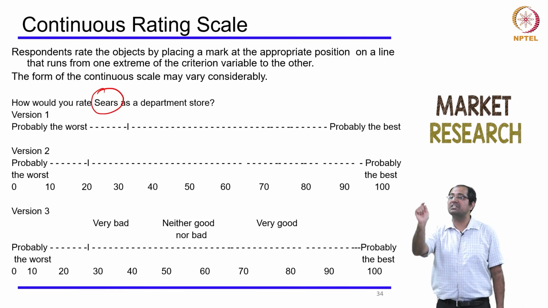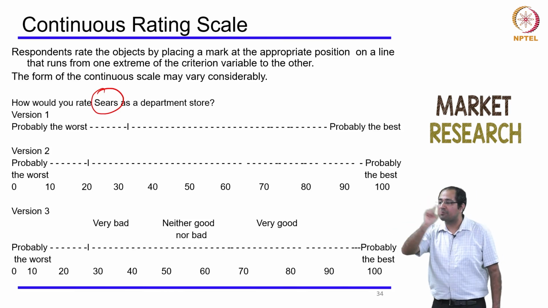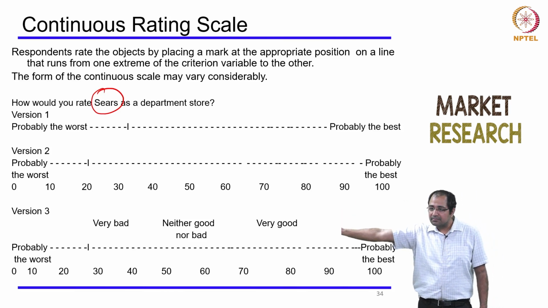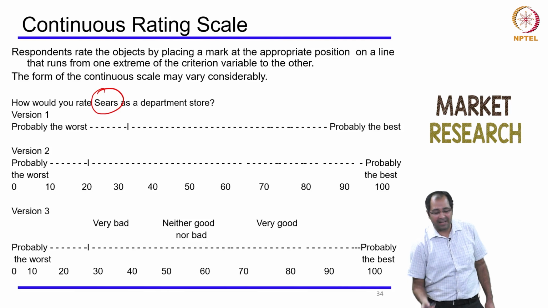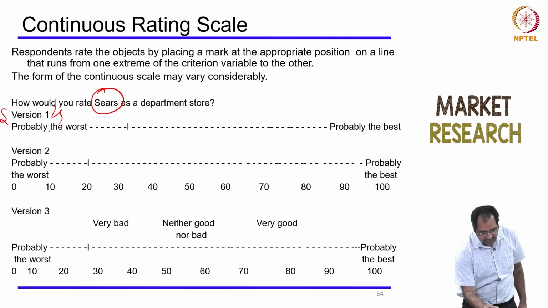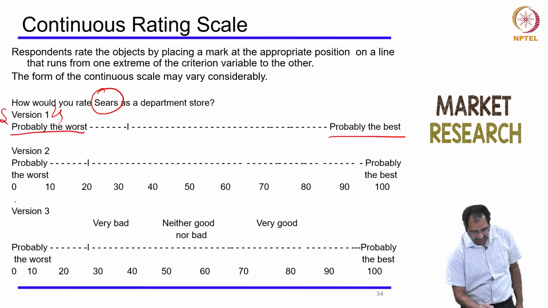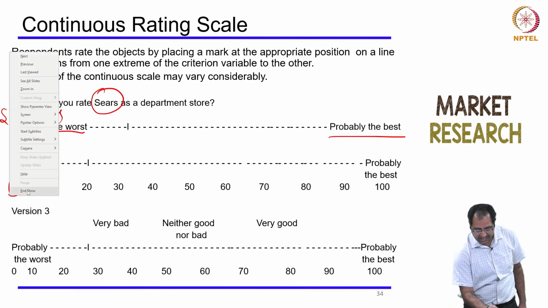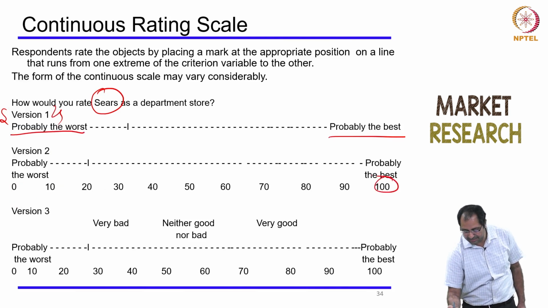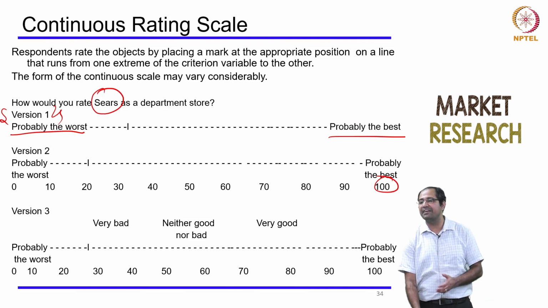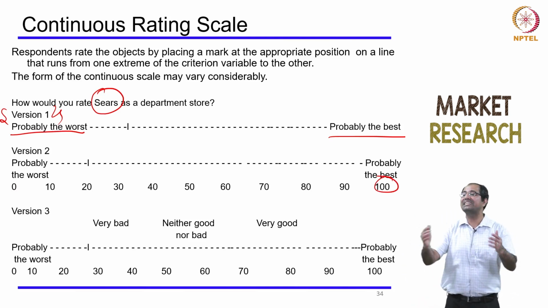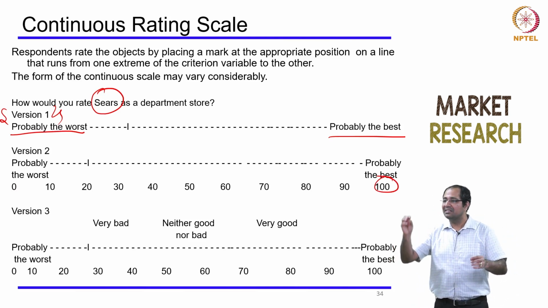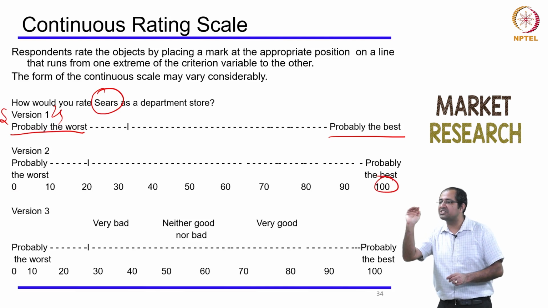Rate your preference for buying at the Ambika store from 1 to 100. And these are different ways of asking it. One version is where the lowest is probably the worst and the highest probably the best. The other one is you can also put labels, starting from 0 and the best one will be 100. So these are different ways of asking it. This is a non-comparative scale because each object is